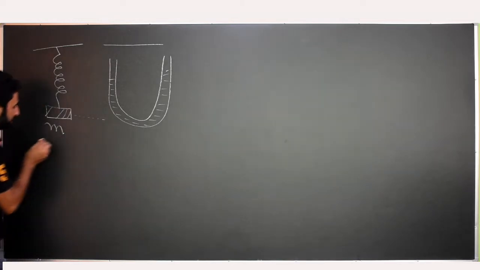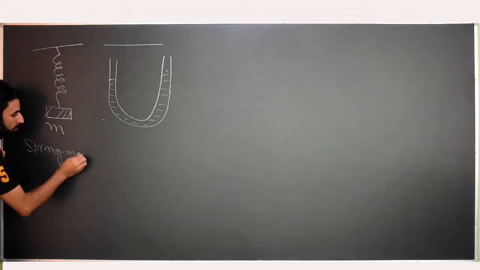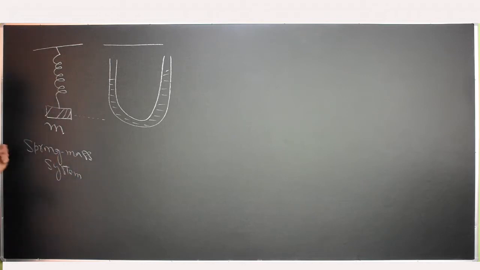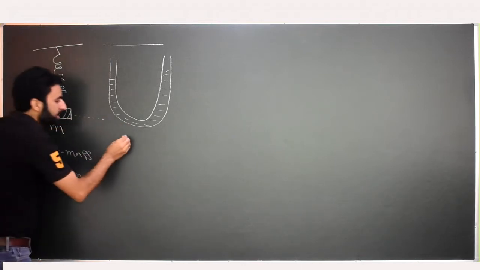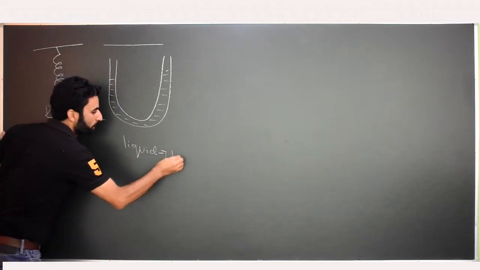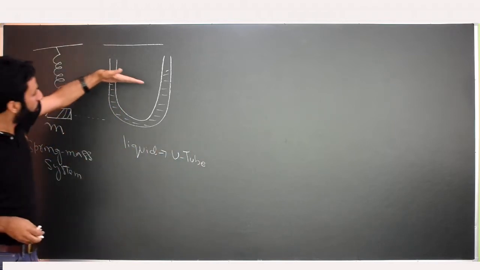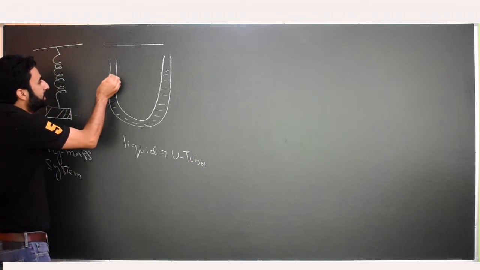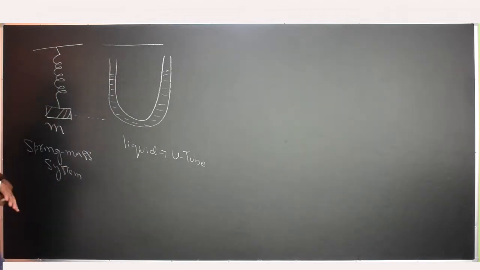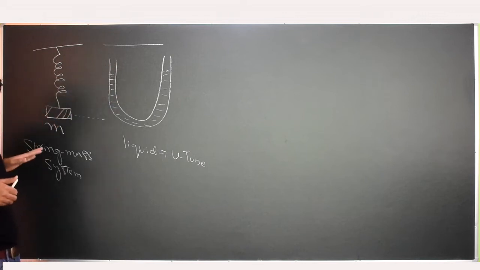Now this is a spring mass system. On a similar context, if we consider a liquid in a U-shaped tube, under normal conditions, the liquid height on both the columns would be identical. But if you push the liquid on one side of the tube